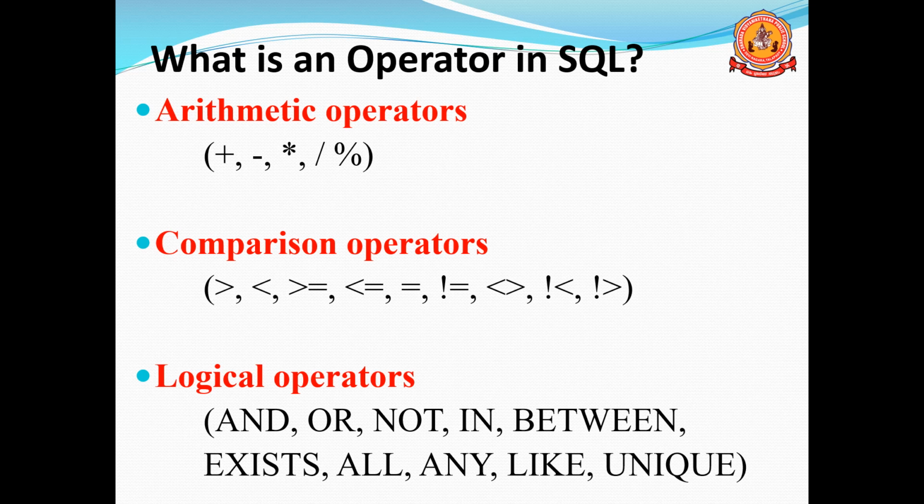The next one is comparison operators. Arithmetic operators we already discussed in C++ programming, so I am not going to explain them here. Comparison operator is the same as the relational operator. In C++ there is an operator known as the relational operator; here it is known as the comparison operator. Both are the same. Here also we are checking greater than, less than, greater than or equal to, less than or equal to, not less than, not greater than, like that.